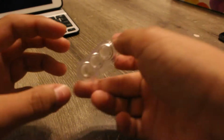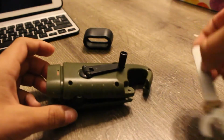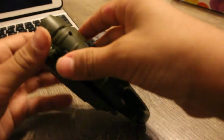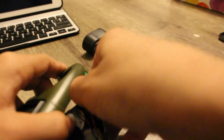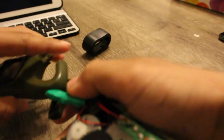Mr. Engineer09 here today, and today we're going to be looking at something weird. Now, you may notice these are from a hand crank torch. Well, yes, they're all from hand crank torches anyway. So I got this wrench just under this little rubber piece, and that I took off. So you can see there is one screw left on this, which I really don't care. And this is a hand crank torch, as you can see here. Just this stupid little cell battery here,